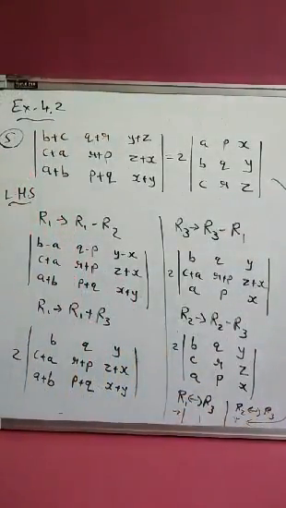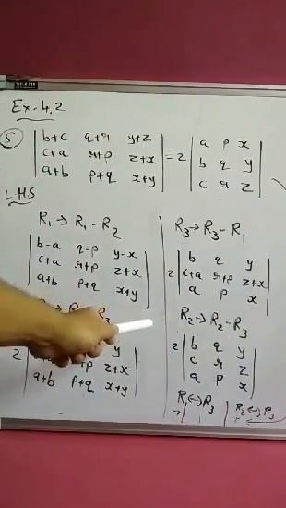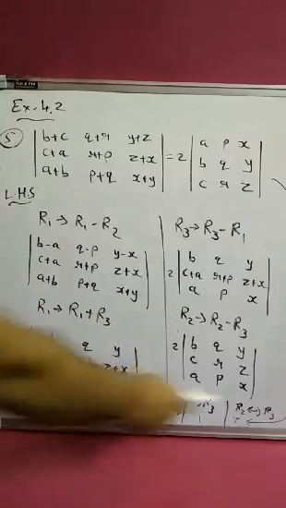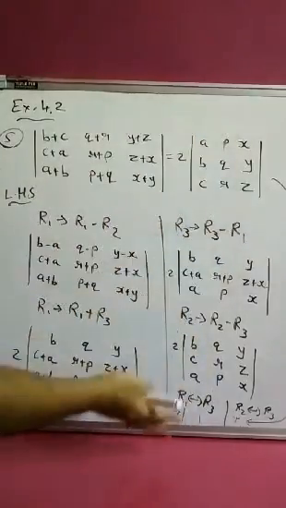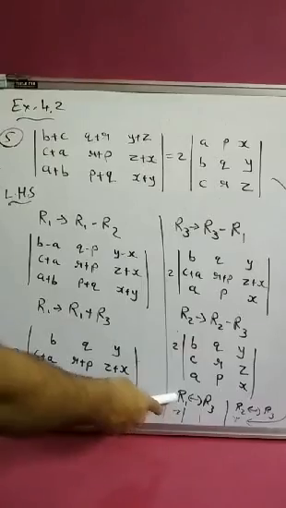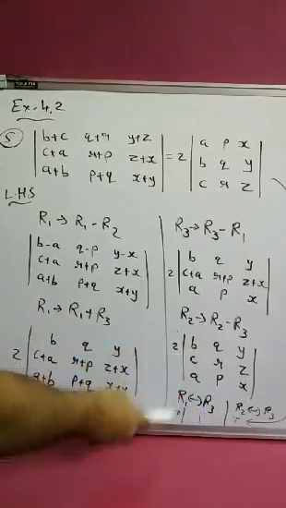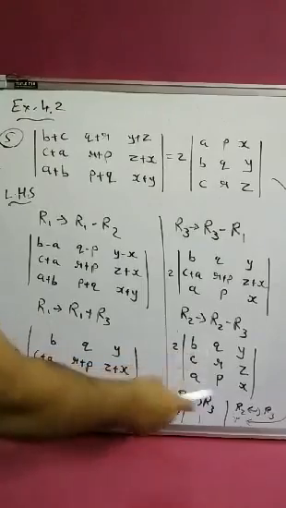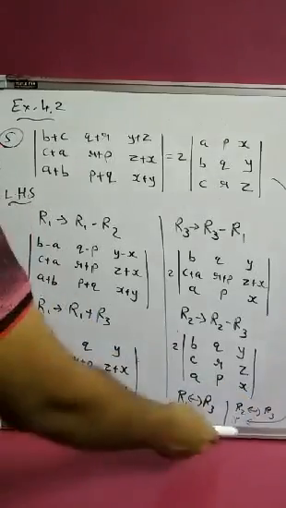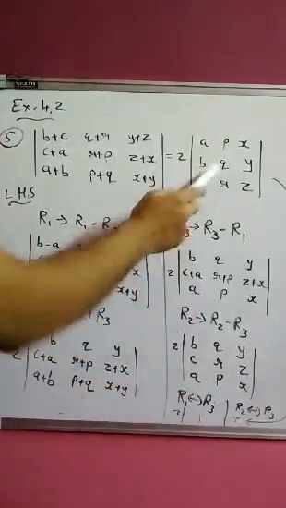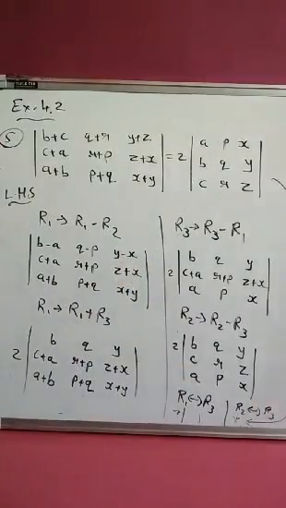Okay, what I told, after the step row 2 as row 2 minus row 3, we have got this answer, right? But this is not our required RHS. It is something different. So what we are going to do, row 1 interchange with row 3. So we get our answer as minus 2 and row 1 and row 3 are interchanged. Again interchange two rows, row 2 and row 3. So you are getting minus minus, which is plus 2, and that is our required RHS, right? So that will be your required answer. Okay, you can take a screenshot and note it down, right?